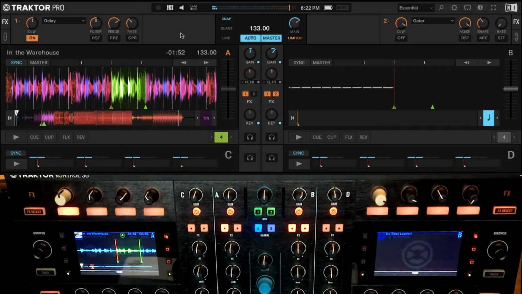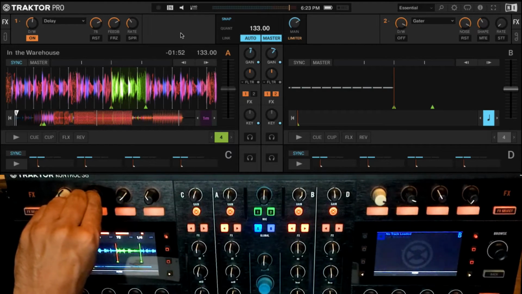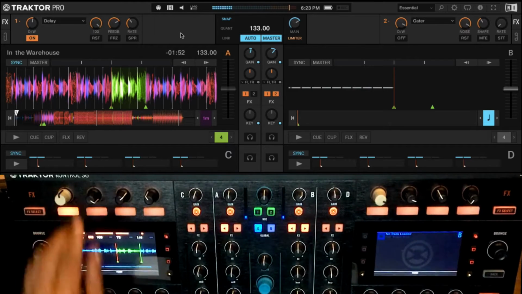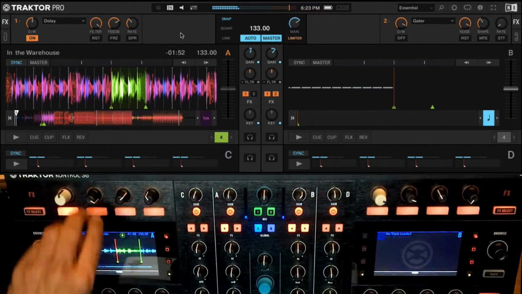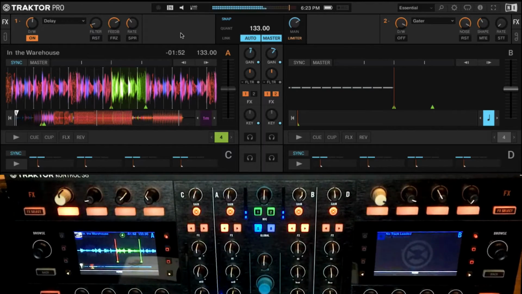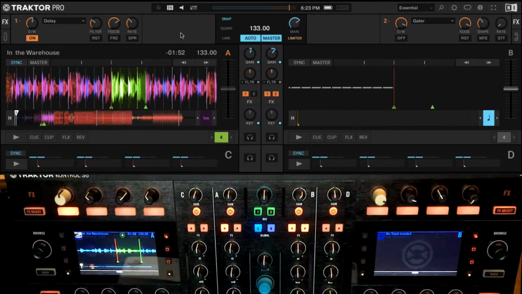So now we're getting a bunch of repeats that are slowly fading out. So we can basically decide how we want our delay to function based on the rate and feedback. Those are the most important parameters, okay? So filter will decide how the feedback coming out of this delay is going to get filtered. I'm going to filter it quite a bit, or more, or less. Let's sort of low pass it. So that's basically what the filter is going to allow us to do.